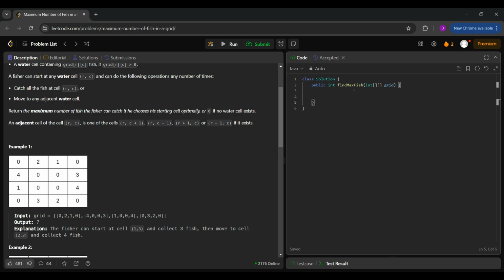We need to have a method, private integer getFish. It will need one array of grid, and it will just need the current position, and it will return me the number of fishes which we can catch at this position. Okay, so coming back to findMaxFish, we just have to,